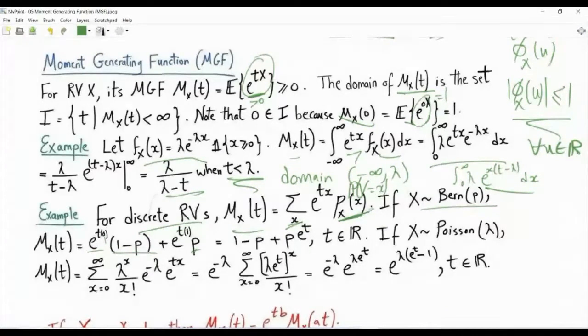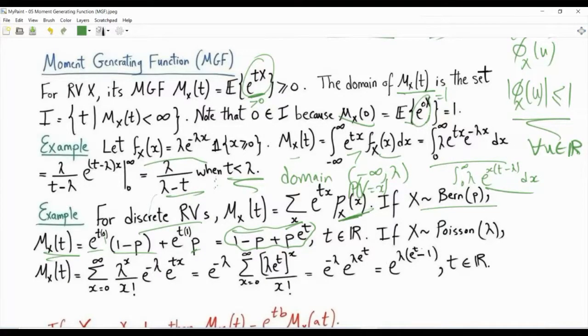And so this is the moment generating function, 1 minus P plus P multiplied by e to the t, and no constraint on t, right? So this thing will always, for a finite t, be finite. So this is an example of a moment generating function that is finite for every t in R, right? Basically this guy is finite. So this is contrary to the exponential case. For the exponential case, you are only finite from minus infinity up to the parameter of the exponential random variable,